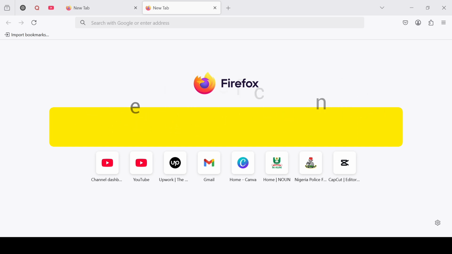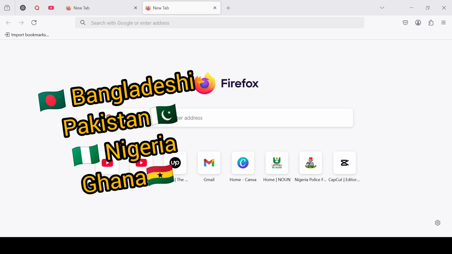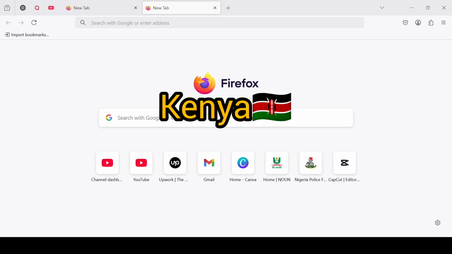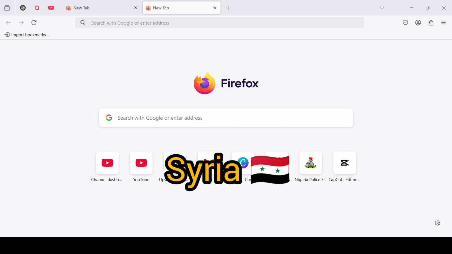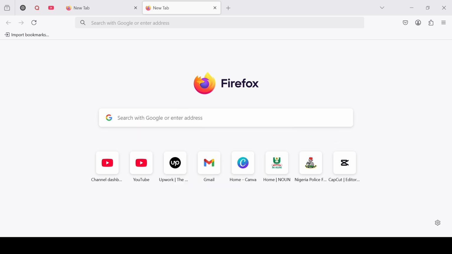So if you are from Bangladesh, Pakistan, Nigeria, Ghana, Kenya, Zimbabwe, Iran, Syria, North Korea, and many more, your account is likely to be flagged.